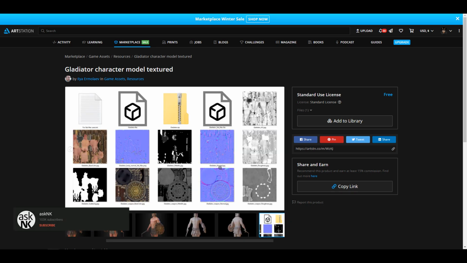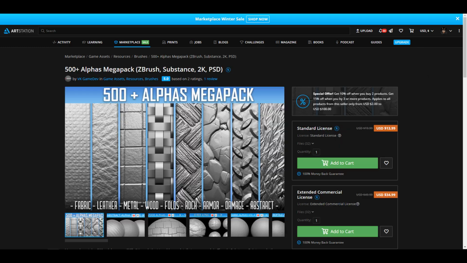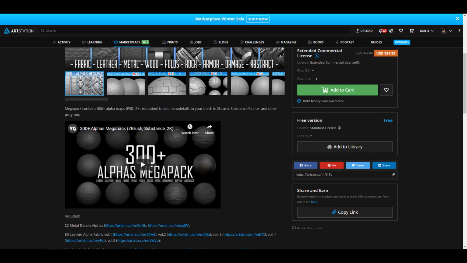So enough 3D stuff talked about. Let's take a look at one 2D asset, and this is going to be very beneficial for those who would like to do some sculpting, those who like to do some texturing, and regardless of what platform or what app you're working with, this might come in very handy. And I'm talking about nothing more than this nice 50+ alpha mega pack that you can use for both ZBrush, Substance, and also Photoshop. And at the same time, since you can load alphas into Blender, you can also load alphas into this. All of these things are 2K maps, all right? 2K maps. You can come through and grab all of this.